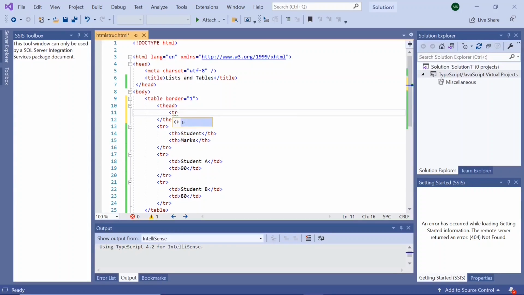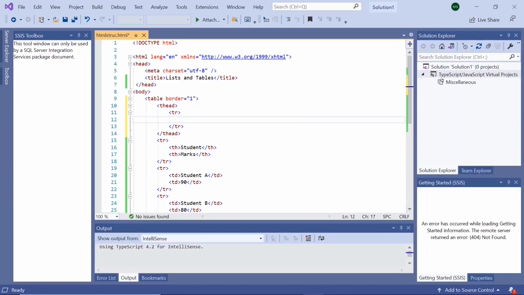Here we create the table row, and we have this table description, colspan equal to 2, because there are two column headings, and align equal to center, and slash td, and here we can define the table heading as student